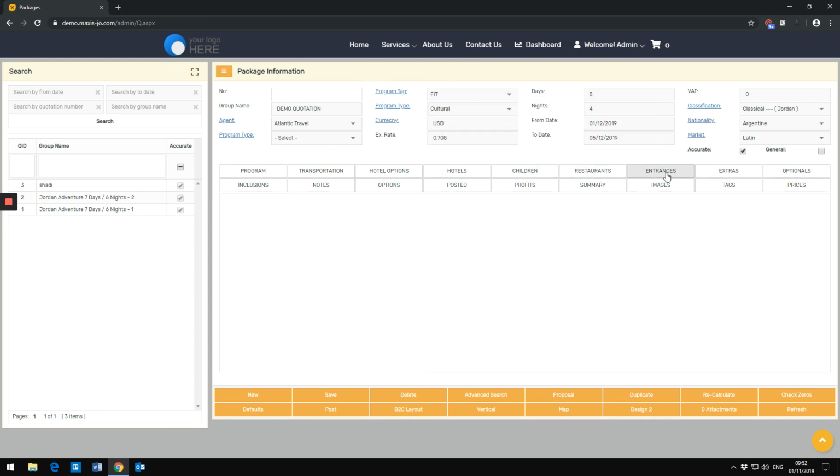Okay, when you fill in all this information, click on save. Please always remember to click on save to get the quotation number. Now our quotation is saved and we have the quotation number. Later we can filter by quotation number or any other fields, but it's very important, when you have filled in all this information, to save to get the quotation number. Now when we refresh, we will already